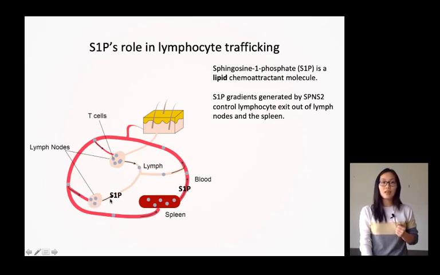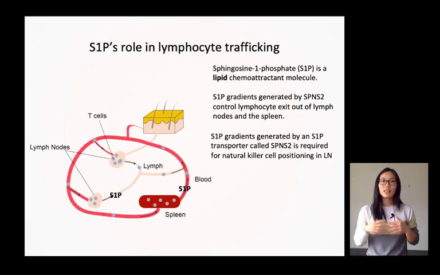Now S1P is a lipid chemoattractant molecule that is higher in concentration in lymph compared to lymph nodes, and it's this gradient that guides naive T cells out of the lymph node into the lymph fluid. We know that spinster2 is the S1P transporter that generates these gradients at homeostasis. What we don't know is what these gradients look like inside lymph nodes themselves and how these gradients may influence